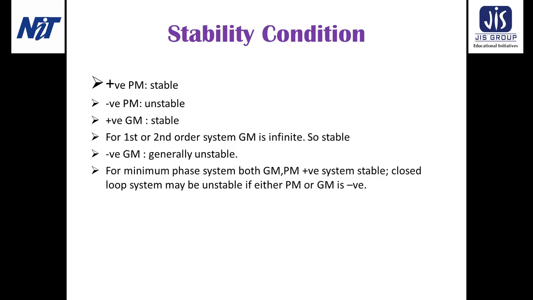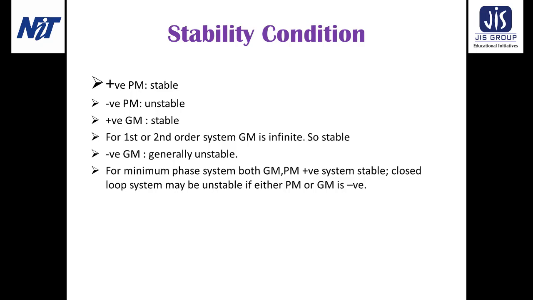magnitude of the open loop transfer function at a phase crossover frequency, that is G(jω)H(jω), where we put ω equal to ωp, from the -1 + j0 point is known as the gain margin. Whereas in the Bode plot, a vertical line should be drawn from the phase crossover frequency point of the phase curve to the magnitude curve, and the gain margin in dB is